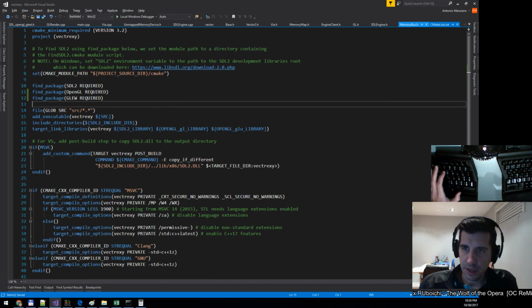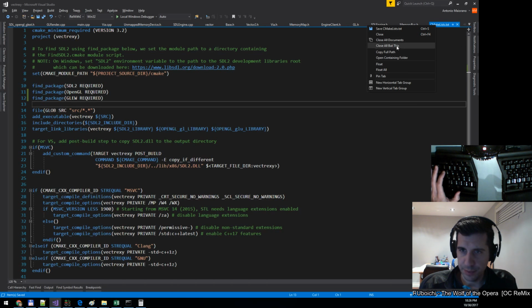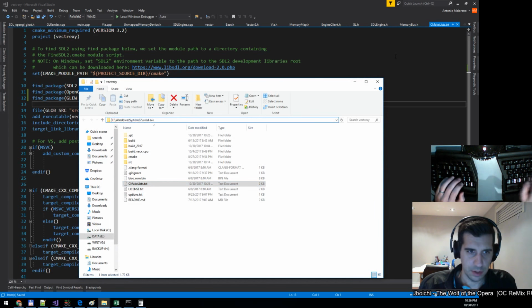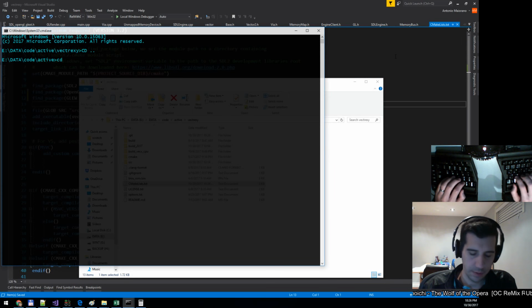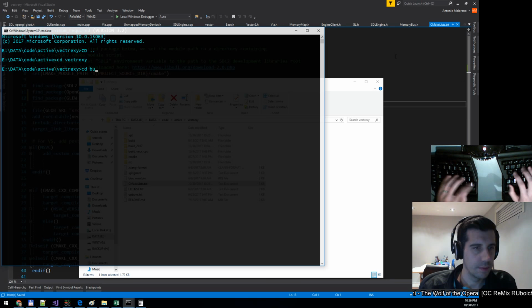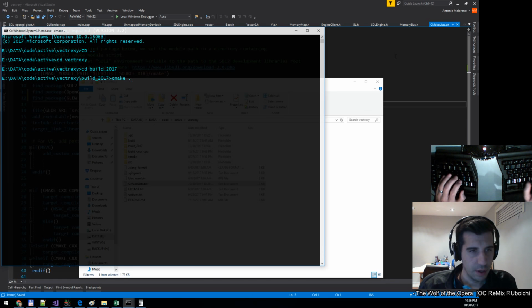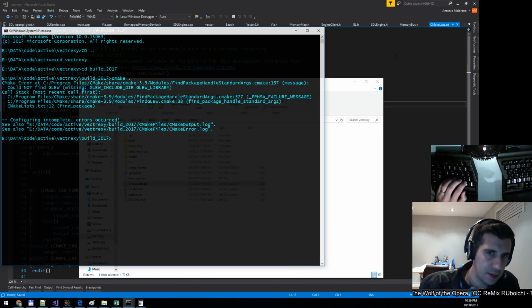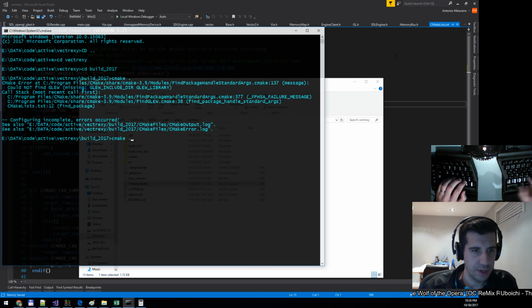So now, if we go to a command prompt, first it should fail because it cannot find glue. I think I'm gonna have to pass a whole bunch of variables now. But let's start with this one. So -D